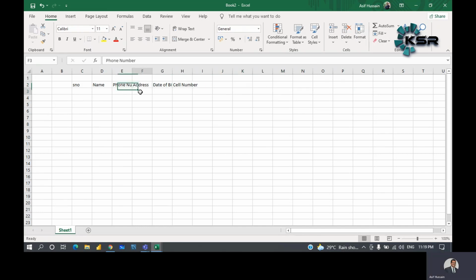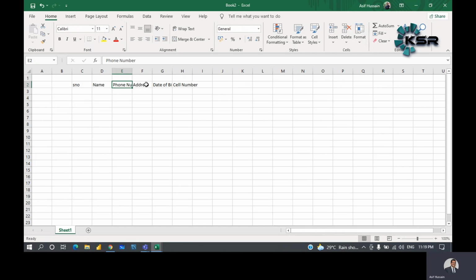Now see, we typed phone number, but when we look here, we can see only PHONENU, but MBER is not visible. We need to display it completely.